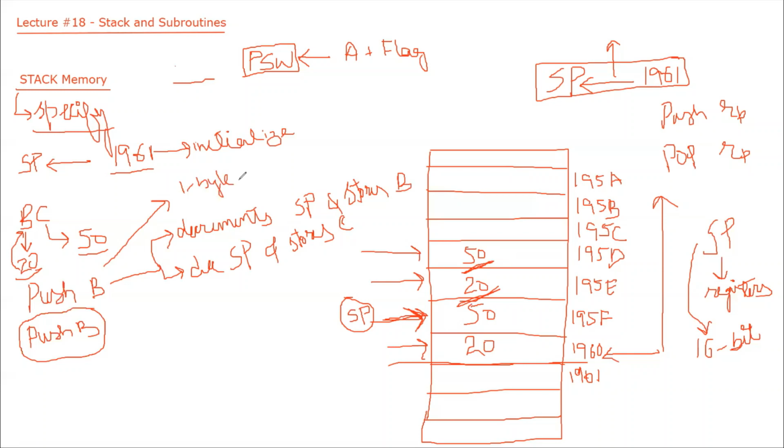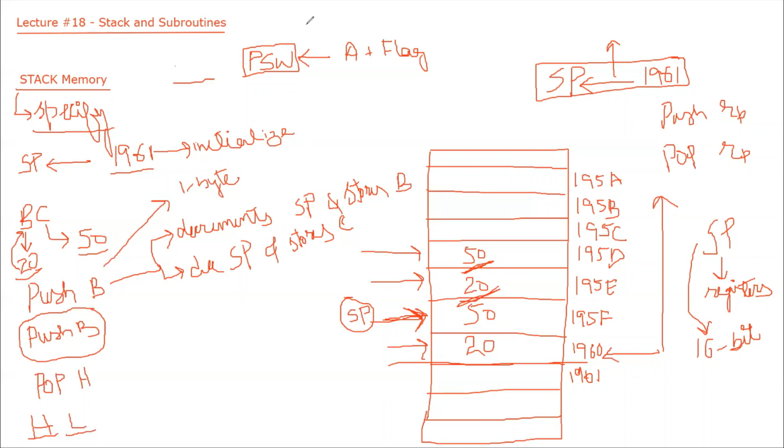So please remember, when a push instruction is executed, stack pointer is decremented 2 times, or we can say stack pointer is decremented by 2, and it is decremented internally. Okay, now let's say I am writing a pop instruction, pop H. H means HL pair. So HL. H will be called the higher order byte and L will be called the lower order byte.